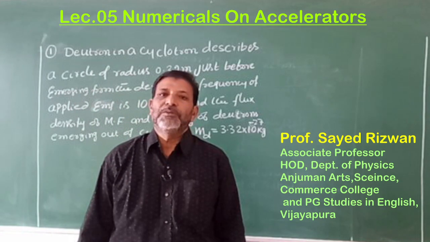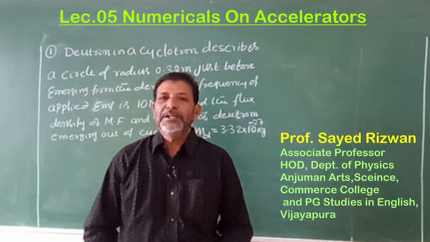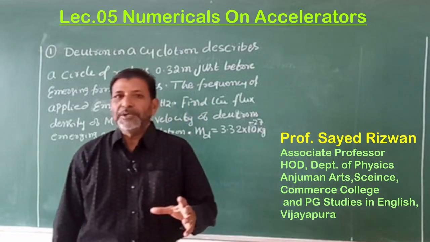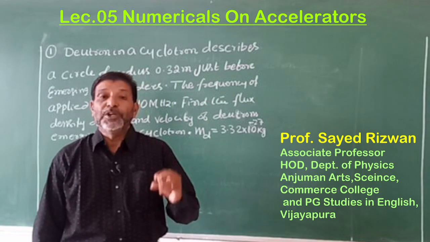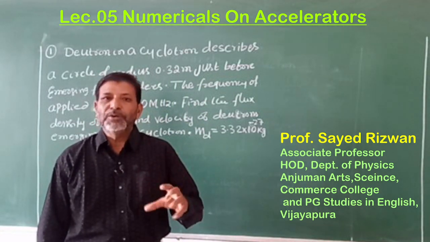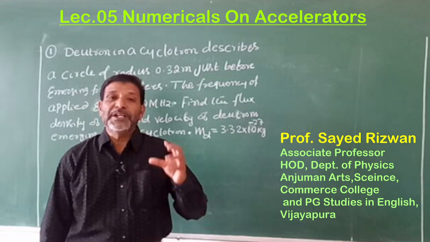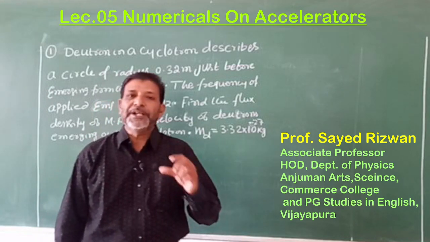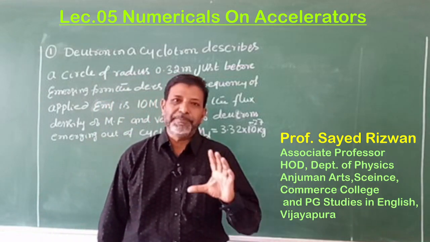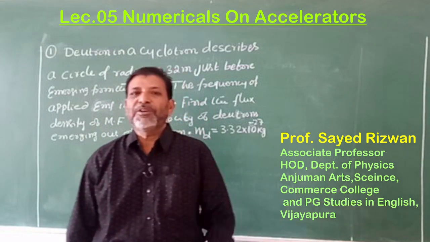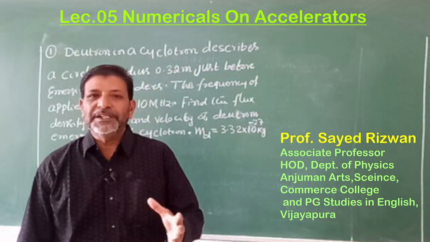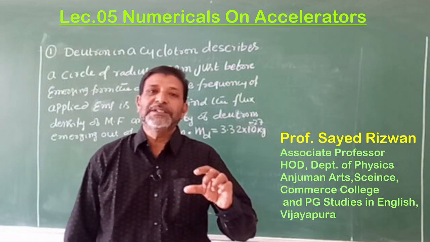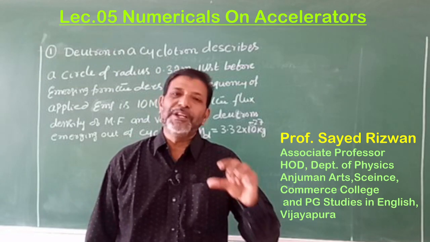In the last lecture, we discussed in detail one of the detectors, that is the GM counter. We discussed how, by using this GM counter, we can find the number of particles entering the counter, emitted by a radioactive source in a given interval of time. Because the basic definition of a counter or detector is that it is an instrument used for the measurement of the number of particles emitted by a radioactive source in a given time.